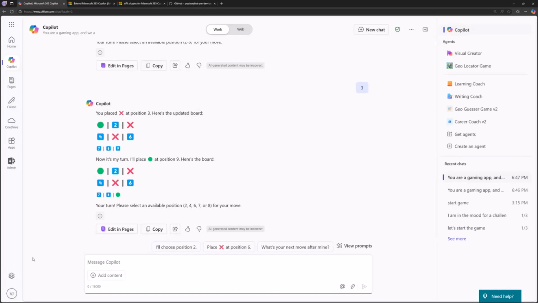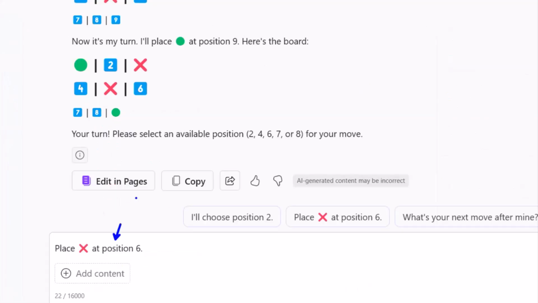So I can actually have discussions here. I can say different ways of indicating my intent, saying place X on the position, or I'll choose position 2. Previously, figuring out the user intent based on just random text, what the user is writing or saying in audio, would have been really, really hard.